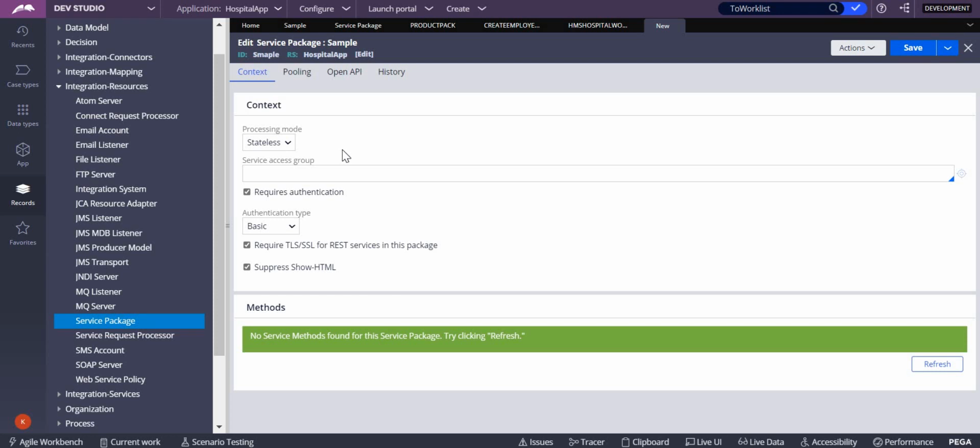For example, the first requestor is using the service package and it has been executed and has some value. The second time, another rule is also working on the same package, and if you want to use some data which you have already run in the first requestor, then definitely you have to go for stateful.